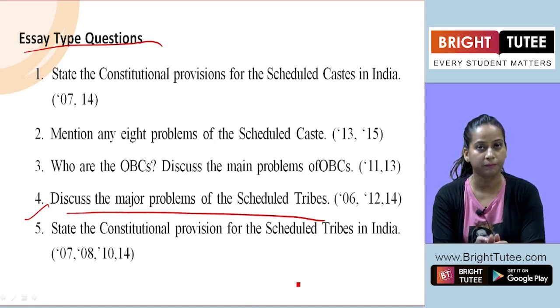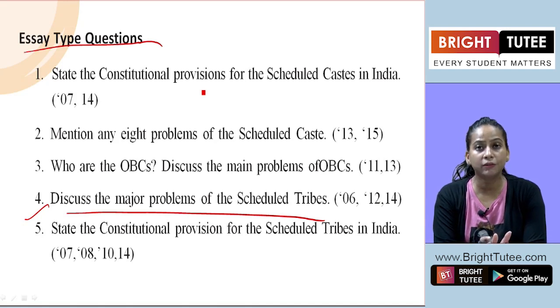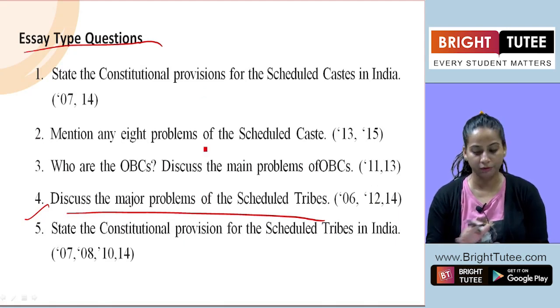Another problem related to these people can be taken as health issues and nutrition problems, because they lack nutrition and do not have proper access to these sources, which is creating the problem. Besides that, illiteracy and lack of education is also creating a problem, which ultimately leads to their poverty and unemployment. So these are some of the problems that we have discussed here related to scheduled tribes.